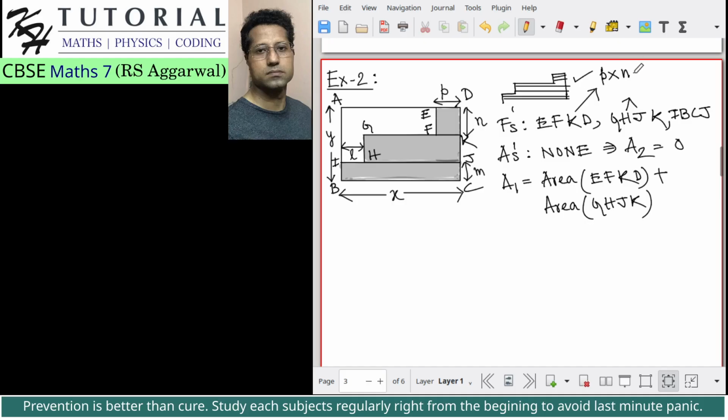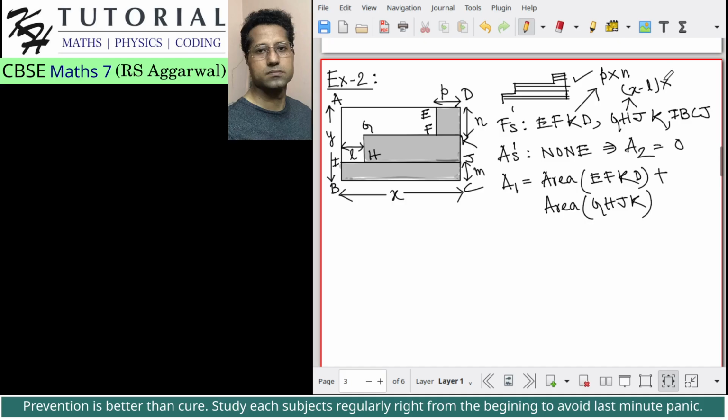GHJK, what is the length? Please note that the length will be x minus L. Please carefully observe the given shaded region very carefully, and what are all the dimensions given. Based on that only you should divide the shaded region into appropriate rectangles and squares, so that you know their dimension. So GHJK, the length will be x minus L, and its width will be